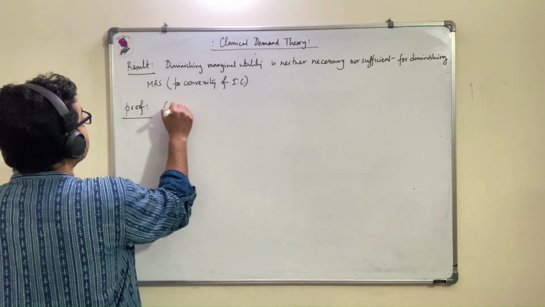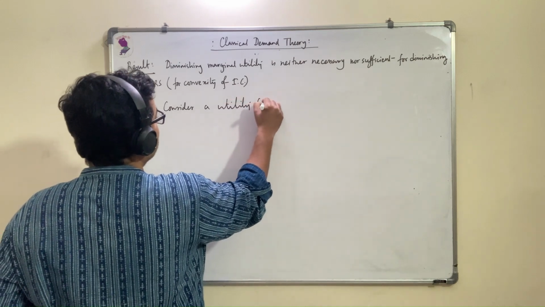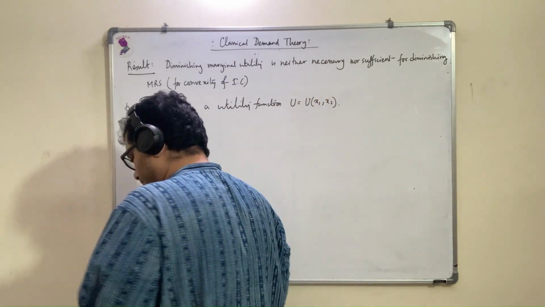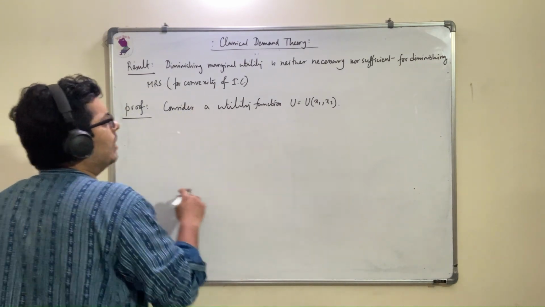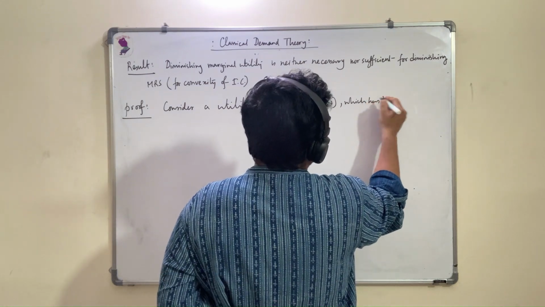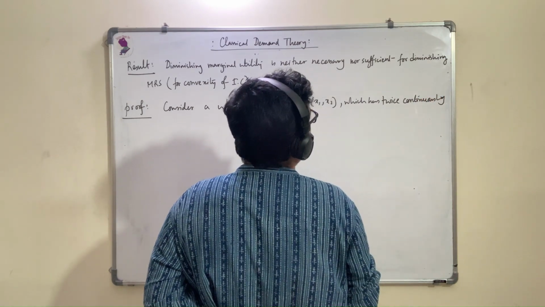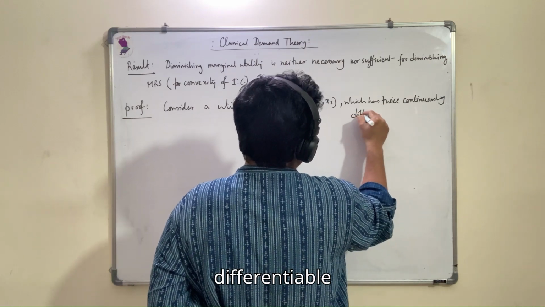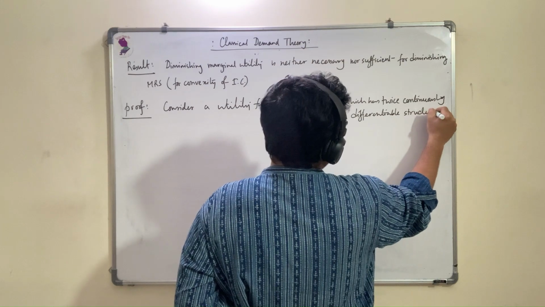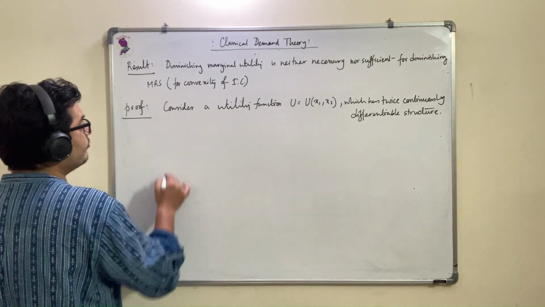So proof. Consider a utility function u equal to u of x1 comma x2, which has twice continuously differentiable structure. Just to say that the partials exist. Okay. So